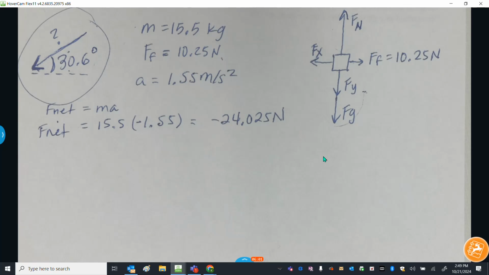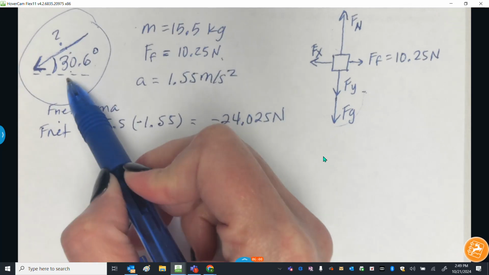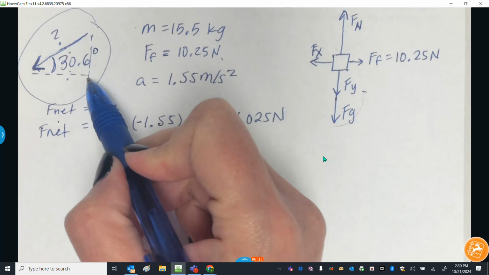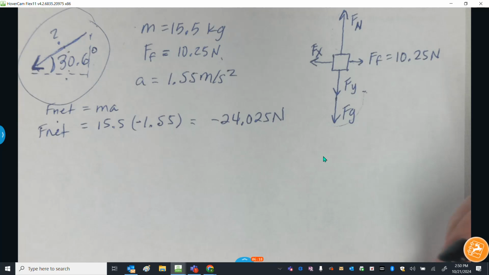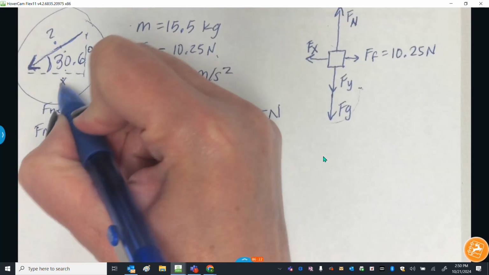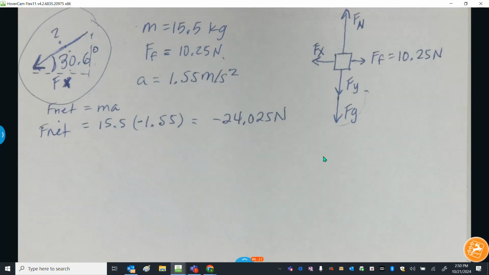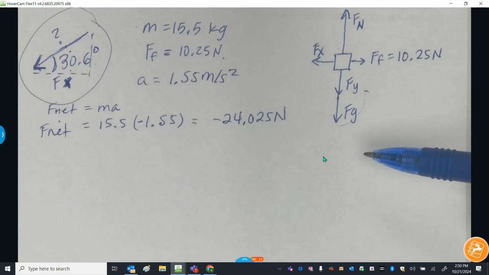I could do this in a bunch of different orders, but ultimately, if I want to find this, I have to be able to find either this or this component here of this angled force. And so the one that I'm going to focus on, because it's the only one I really have enough information for, is this X component right here. So we're going to solve for Fx, and the reason I say that I have enough information for that is because I know that my net force is going to be acting to the left, because although they're pushing the